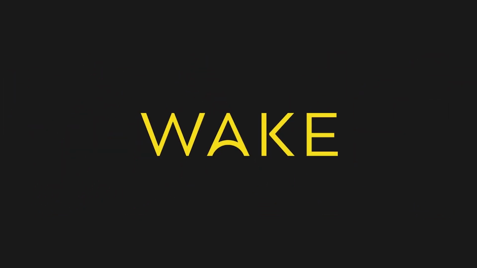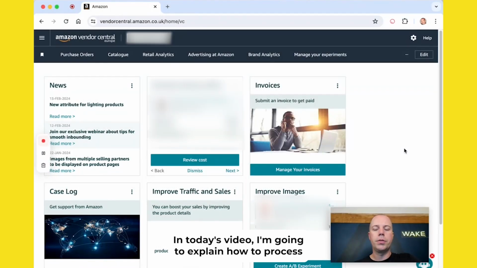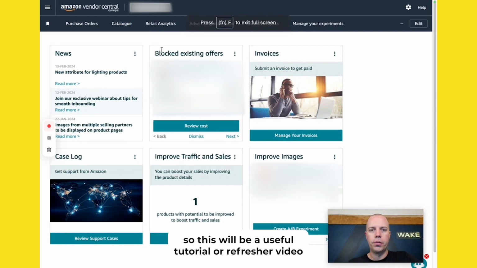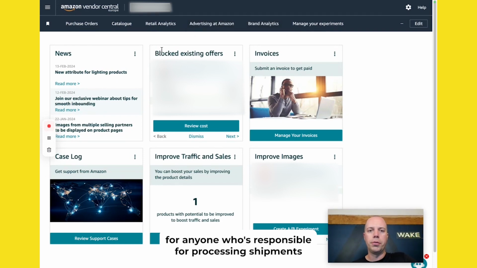In today's video, I'm going to explain how to process shipments in Amazon Vendor Central in 2024. Quite recently, the dashboard and to an extent the process for this has changed. So this will be a useful tutorial or refresher video for anyone who's responsible for processing shipments after completing purchase